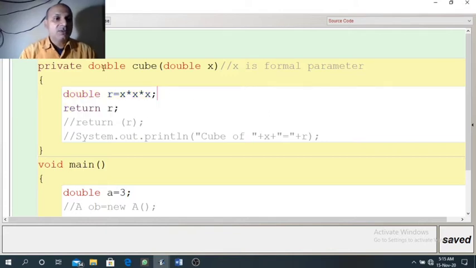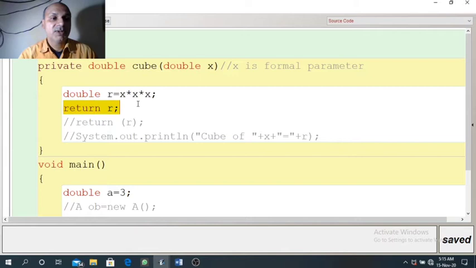So whenever we use any data type other than void, it means that the function returns a value. Return type we will discuss in detail in the coming topics. So here we are not using void, it means the function returns a value, that is a double type of value. So in case of a return type function, we don't use a print statement.